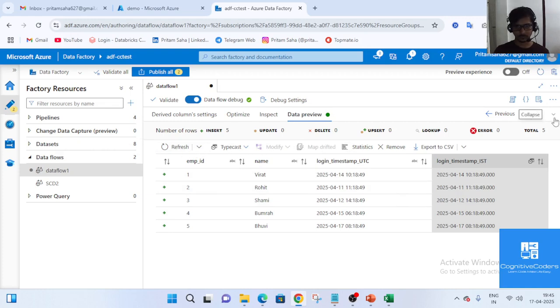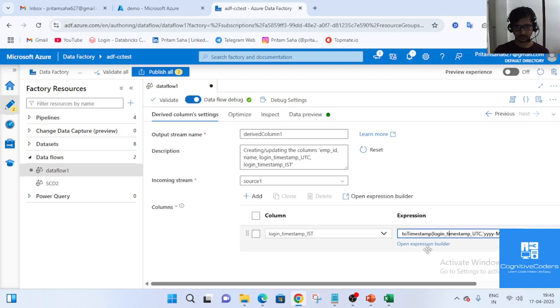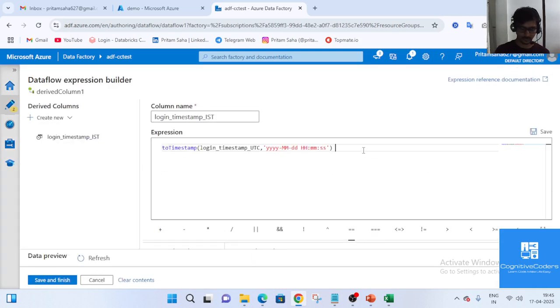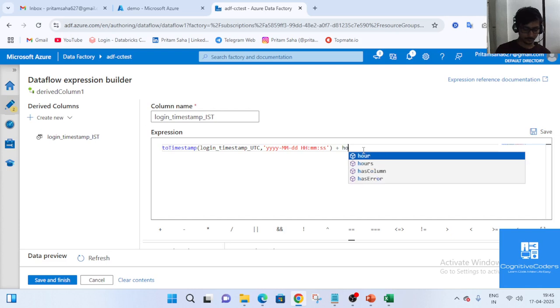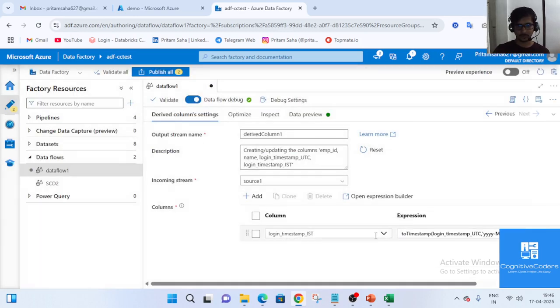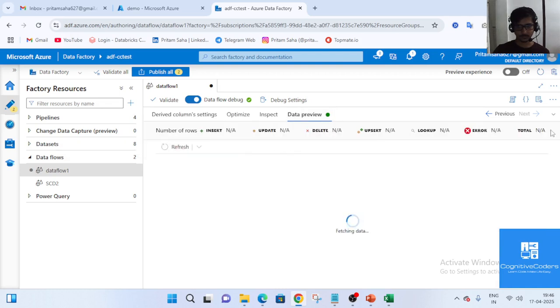So for that, what we will do, once again we will go to the same expression. Here we will add hours, 5, and minutes we need to add 30 minutes. So it will convert to the proper IST timing. If I preview the data right now,